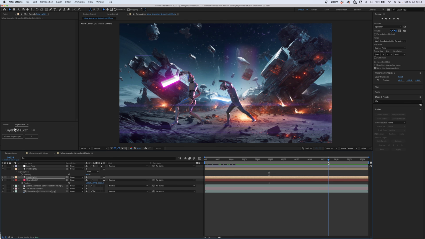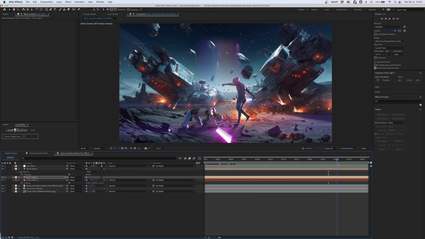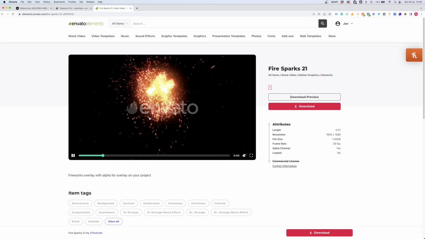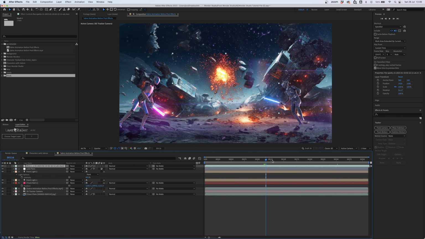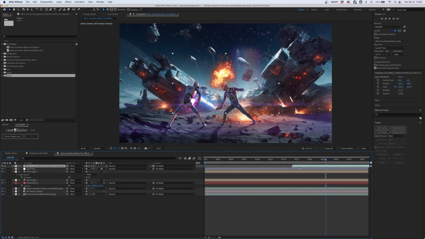And as a final touch, we want to get some sparks as our fighters clash before this one tucks and rolls. And I'm just going to use this stock clip from Envato Elements, which has got all these sparks going on. So I've brought this clip into the scene, and I'm just going to position it just as the death strike happens here. Just find a suitable bit of this footage.